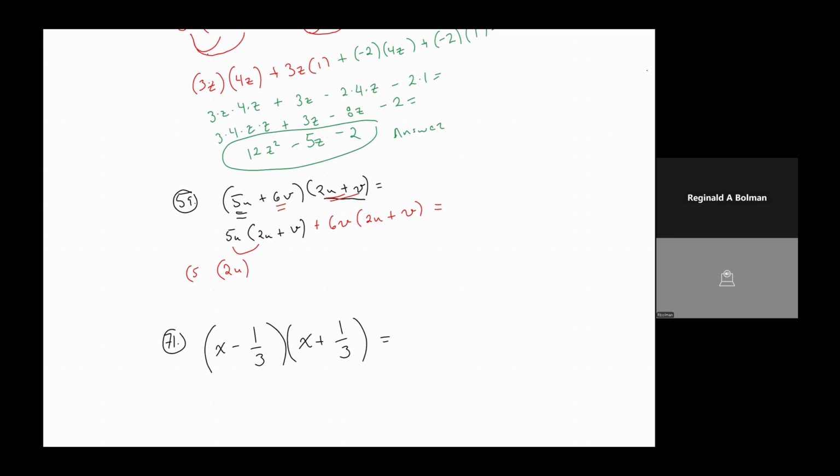And we're going to take 5u, we'll multiply with v. We'll take our 6v, we multiply with 2u. And we take our 6v, and we multiply with a v. Again, this particular sequence of letters